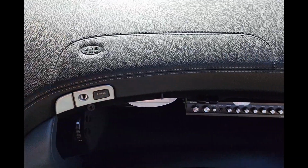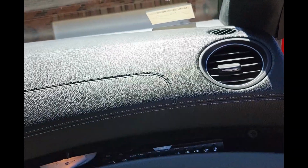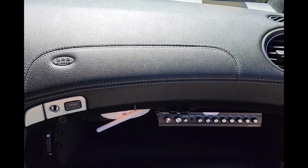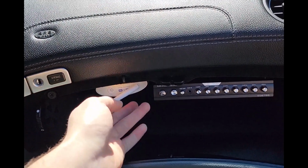So it does have the stock stereo in it, which actually sounds really good, believe it or not. It is a Bose branded system. You have a nice subwoofer underneath the passenger side in this area here. It gives it a lot of bass. But the thing I like to do is stream music from my phone, as pretty much anyone does now. Sirius radio and XM radio, in my opinion, do get a bit tedious and boring. There's a lot of repetitive stuff on there, and you still don't have that freedom of picking exactly what you want to listen to. So I was able to retrofit the stock stereo with a very nice Bluetooth system here,